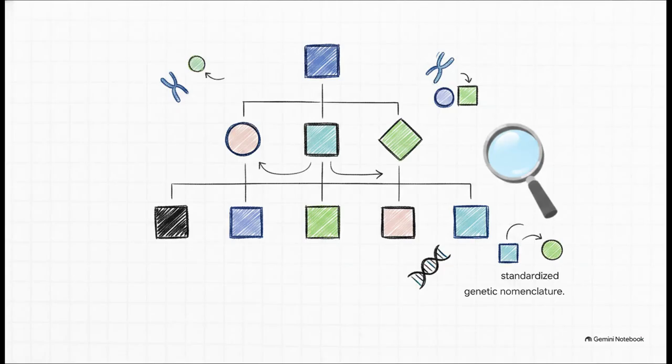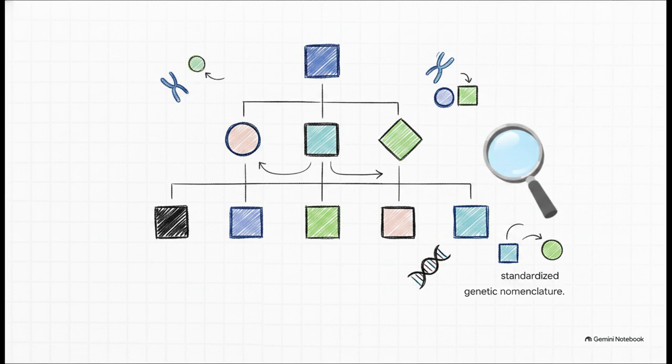By definition, a pedigree is a family tree annotated with a standardized genetic nomenclature. Now, I really want to slow down and highlight those last few words, standardized genetic nomenclature. We aren't just talking about a casual back-of-the-napkin sketch of who married whom or who had which kids. By applying a very specific, standardized system of symbols, we totally upgrade a simple family tree into a rigorous scientific